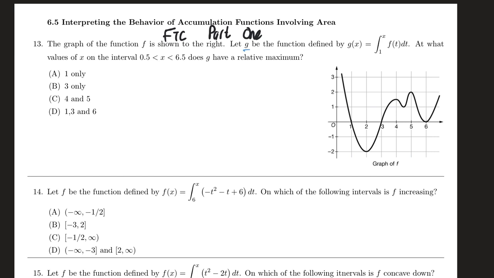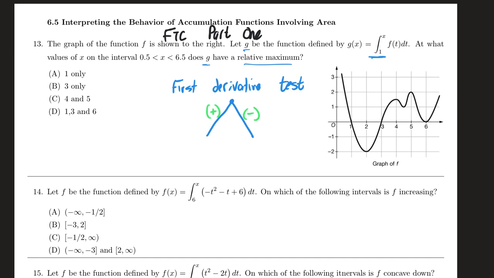So here we see that g is defined using an integral, so g is an accumulation function. When does g have a relative max? We know a couple ways to tell if something has a relative max, but the easiest way is the first derivative test. If maximums look like this, there are peaks in the middle, that's when your derivative goes from positive to negative. So if we want to figure out when something has a maximum, we're going to